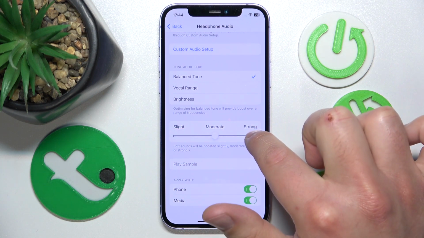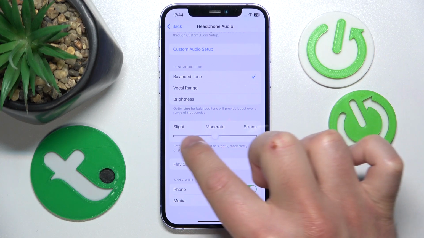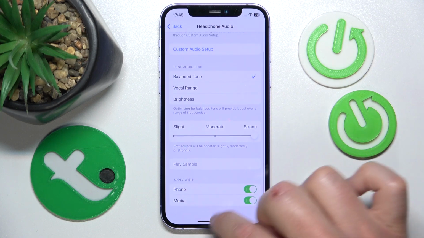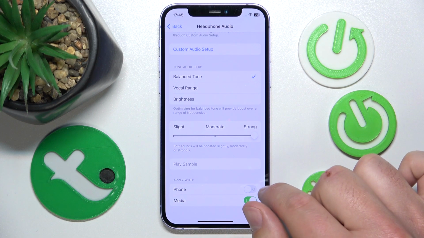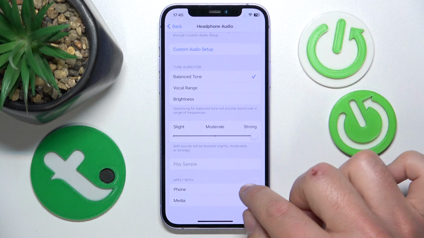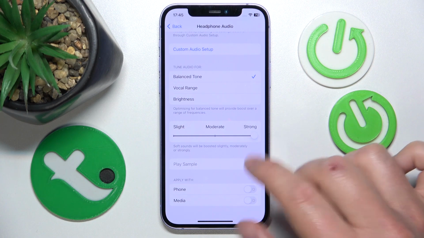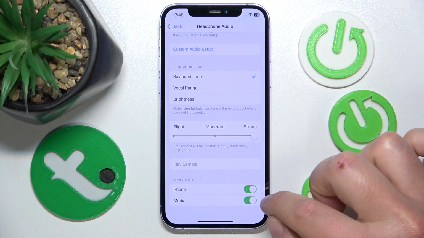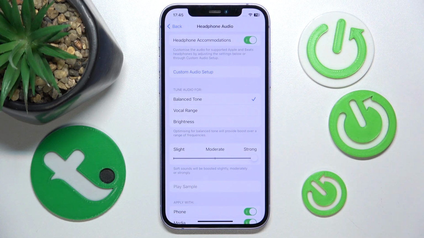You can adjust here the strength of the soft sounds. So also on the bottom you have the option to apply with phone or media. You can just turn on the phone or just turn off the media or turn off both, but it doesn't make any sense if you want to change something here, because obviously you want to change something to get a better